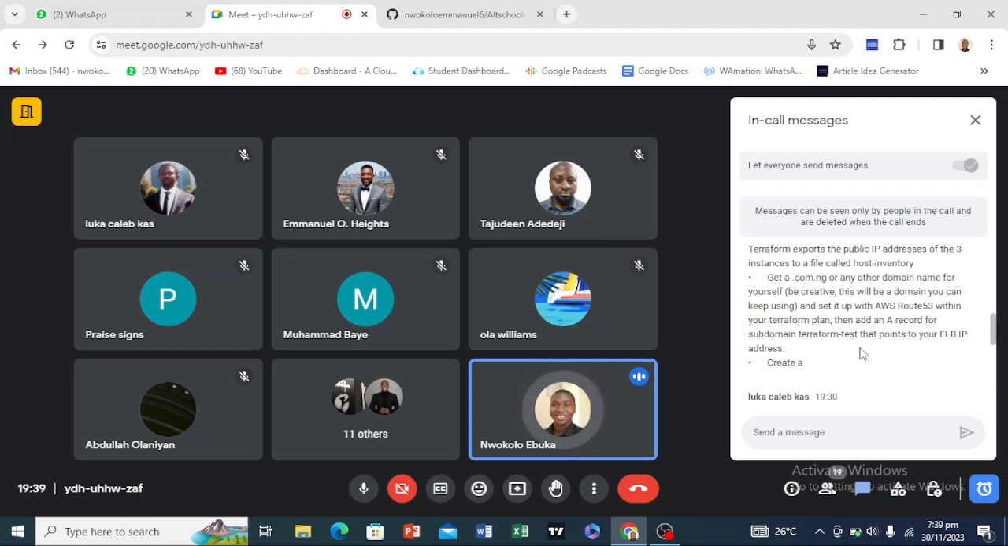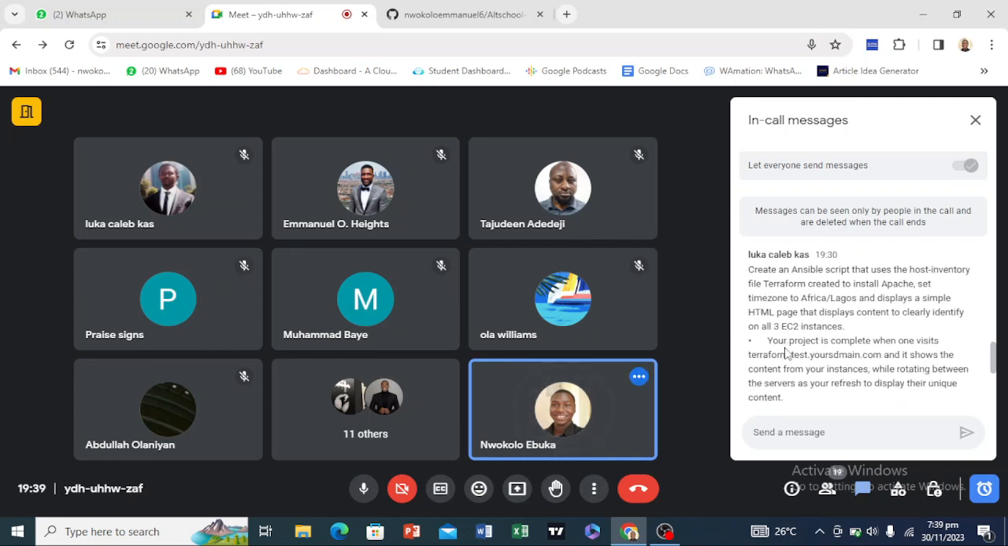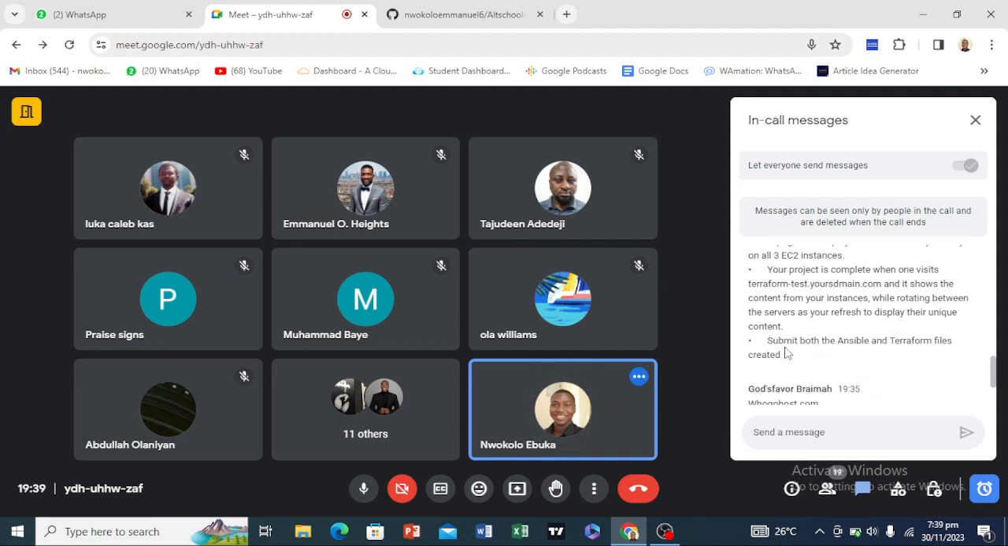Then get a .com.ng or any other domain name for yourself. Be creative, right? This will be a domain you can keep using. And set it up with AWS Route 53 within your Terraform plan. Then add an A record for subdomain terraform-test that points to your Elastic Load Balancer IP address. So the end goal, they said your project is complete when one visits